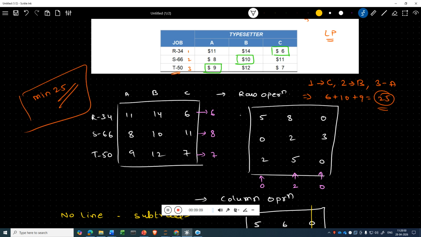Okay, and this we are solving with the help of